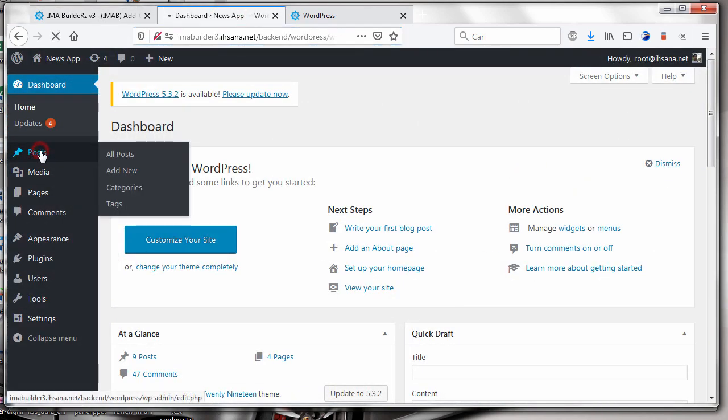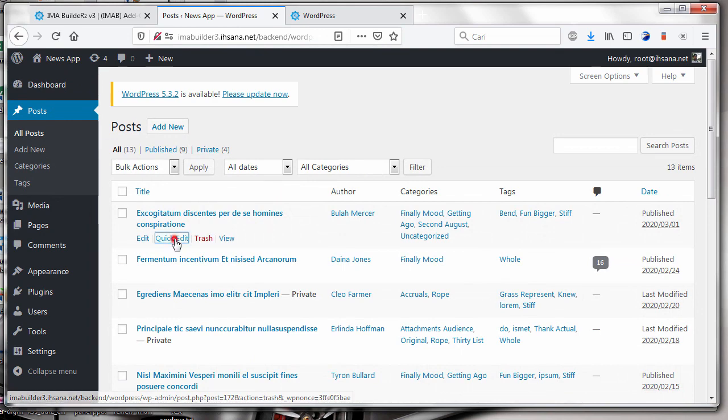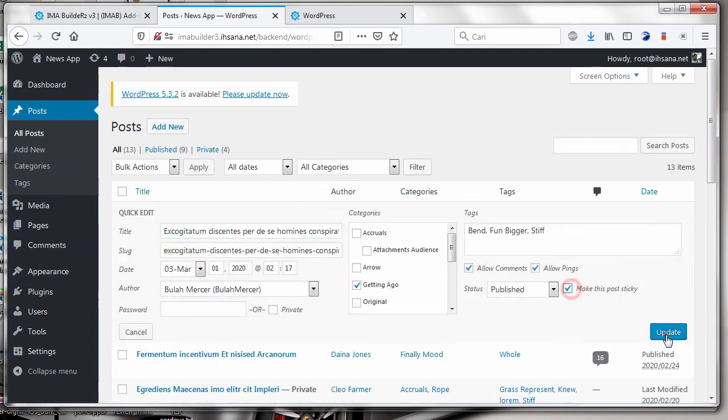To activate the slider in the application, the post must be sticky and have a feature image.